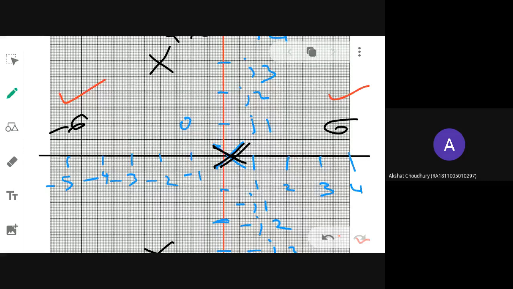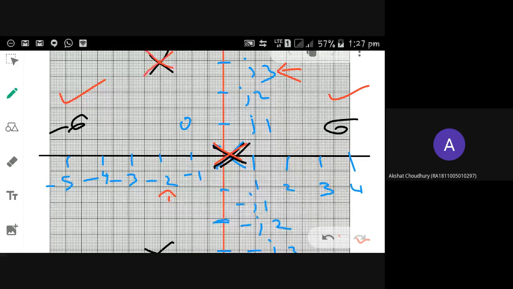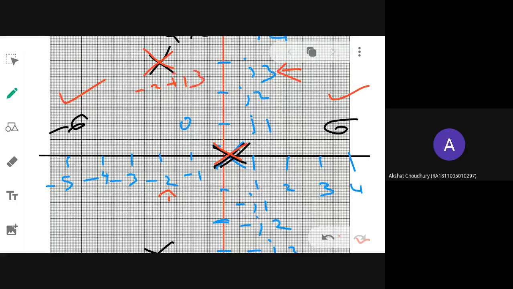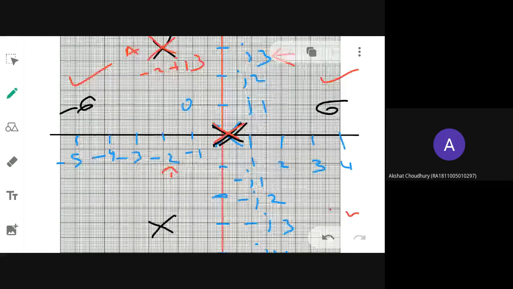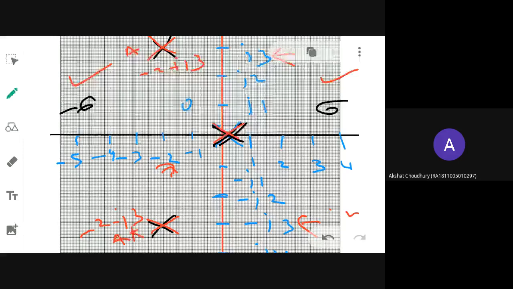Then I have to locate the poles. So you know there are 3 poles. One is located at this point, 0. Another one is here, you are having minus 2 plus j3. So I have located minus 2 plus j3. Let this be A. And exactly opposite, this is my minus j3. So I have located minus 2 minus j3, that is my A conjugate. Okay, so this is the first step, location of poles on the s-plane.